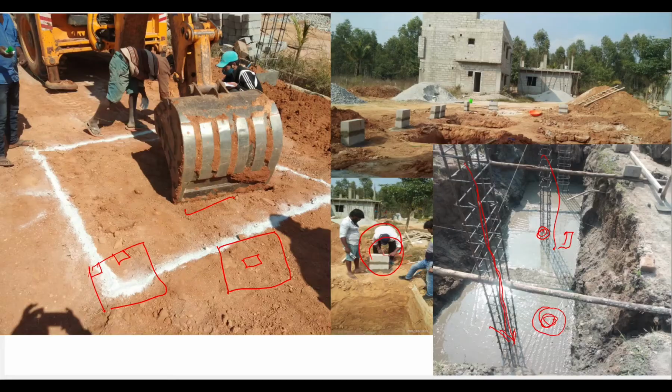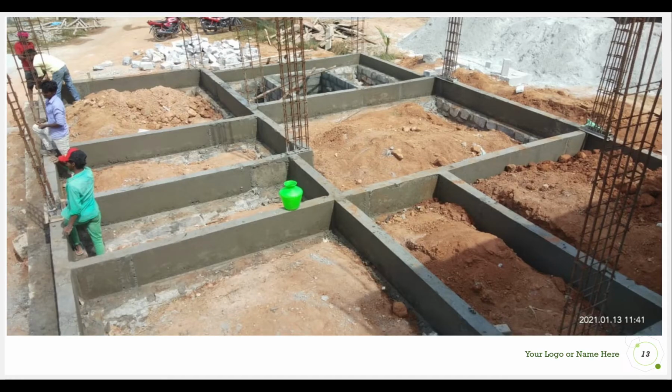So after completing the foundation, then we need to go for the plinth beams. Above the plinth beams, walls will be coming. While selecting the plinth beams, what are the criteria we need to consider? That also I will tell you in the next class. For simplicity's sake, wherever the walls are there I need to run the plinth beam. And even if the walls are not there, if I have columns, one column here, one column here, I need to connect them by a beam, that is called a tie beam. So these are the two things whenever we are going for the plinth.